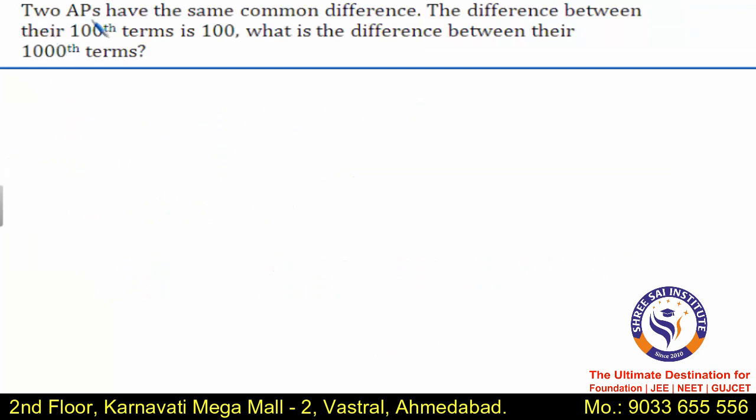In this question, we are given two APs with the same common difference. The difference between their 100th terms is 100. What is the difference between their 1000th term? Let's begin with the solution and let the terms of the two AP be A1, A2, A3,